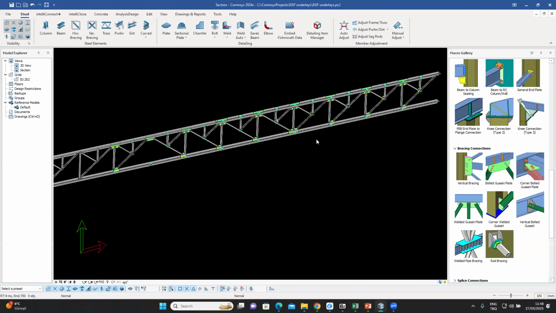This feature can also be used if you've already modeled something and you want to compare it with a DXF file. You can also do that, just like we did a second ago. If you've already modeled, you can import the DXF file on top of that and see if you've made a mistake anywhere. So very handy, very useful. One little feature I want to talk about